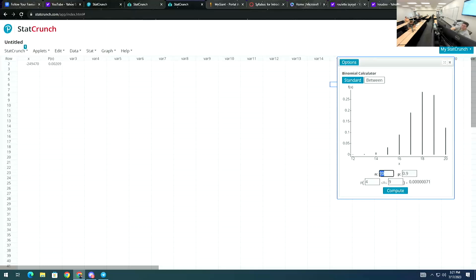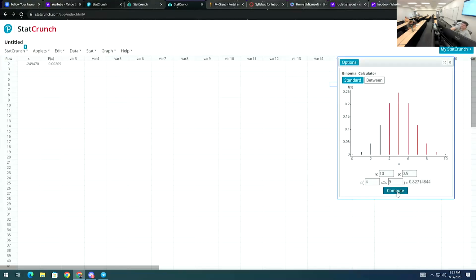And the lower I make this, the more skewed it looks. But if P is 0.5, it looks relatively bell-shaped right away, even at the low end. But if you wanted to go by that guarantee, do n greater than or equal to 40. I think the book might recommend 30, but there's no book because they didn't do the book, it's just videos, and they change it every time, so I'm going with 40.